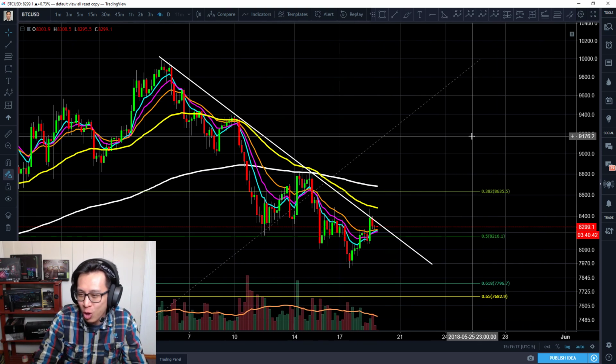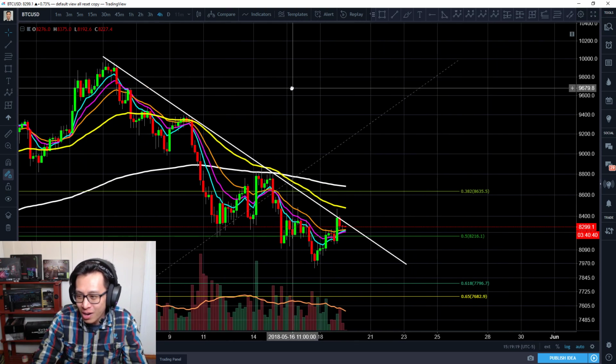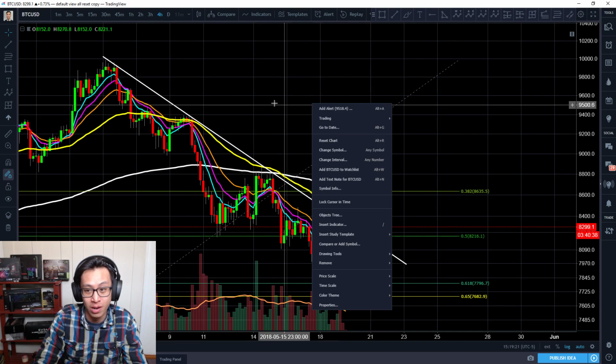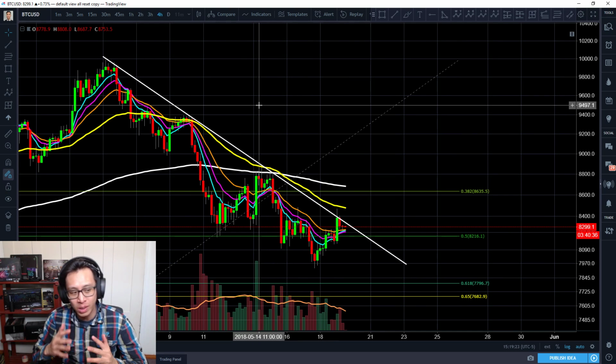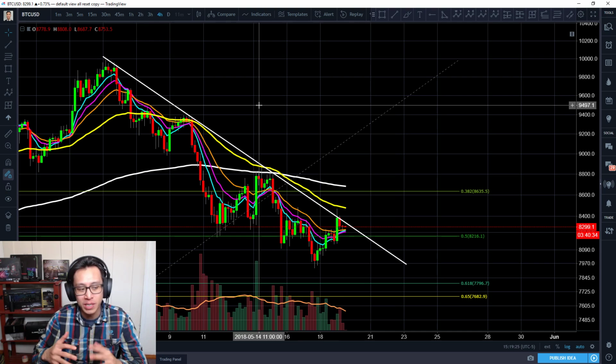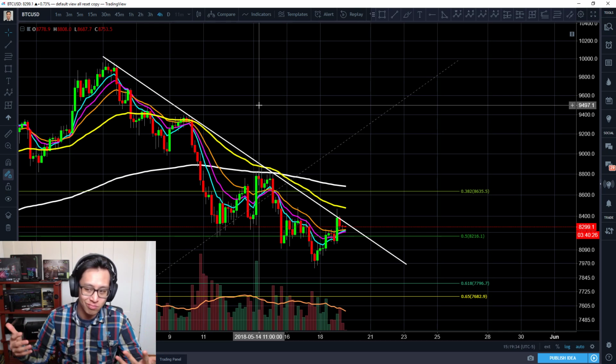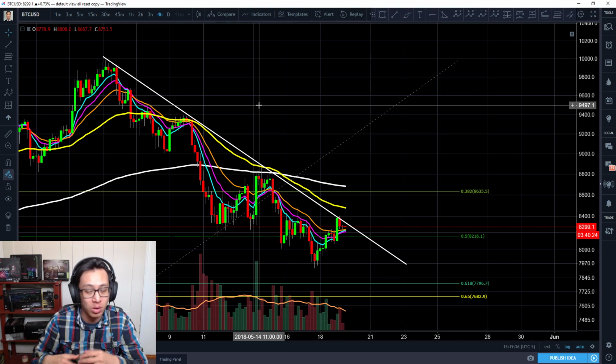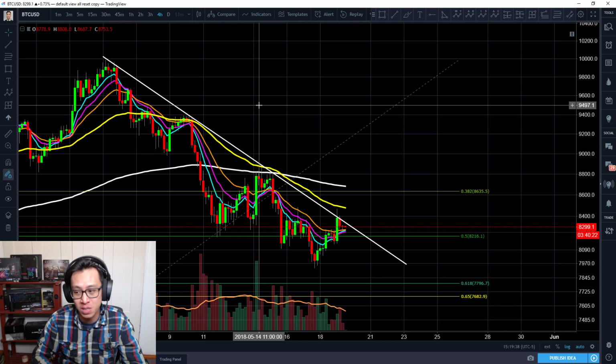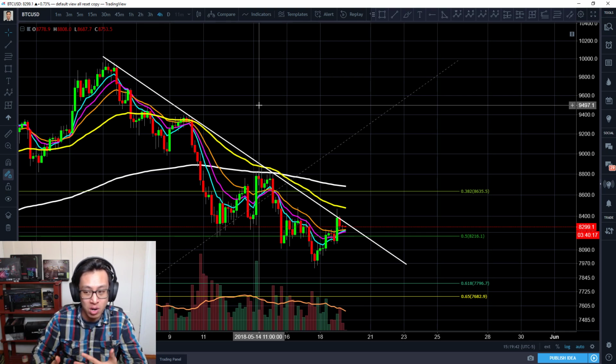So if you look at the log scale right here, okay, the log scale creates this beautiful trend line. Now, a lot of people don't like trend lines. People say it's coincidence, right? And yeah, a lot of people don't like trend lines, but am I a trend line trader? Not really. I'm a breakout trader, which is very different than specific trend lines, but I do acknowledge them to some extent, right? Because they are relevant.